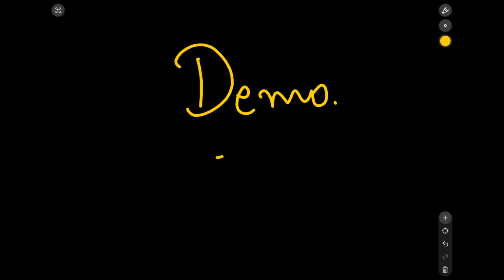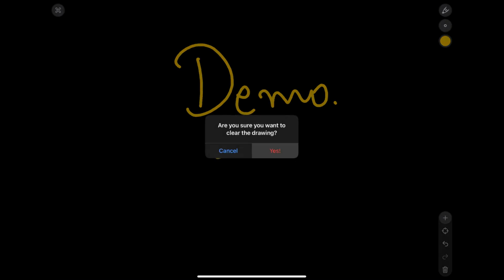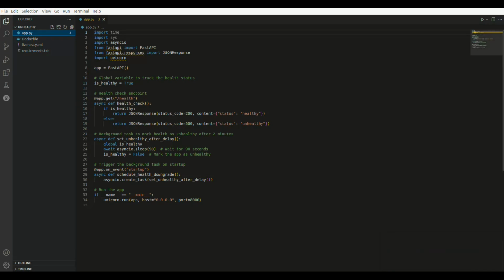So we will have a demo application where we will see how this works. This is a very simple FastAPI app. If you see, initially it will return a healthy status and a return code of 200, but after 90 seconds it will start returning a status code of 500 and the message unhealthy. So when we start our container, for 90 seconds it will be in the healthy state, and then it returns